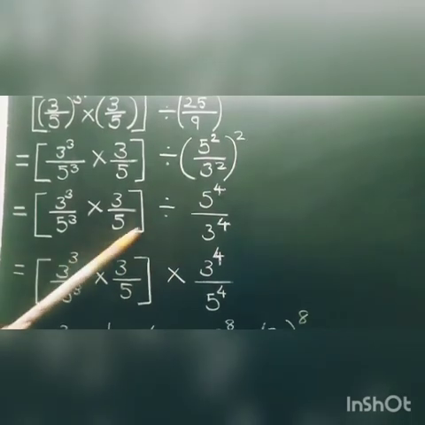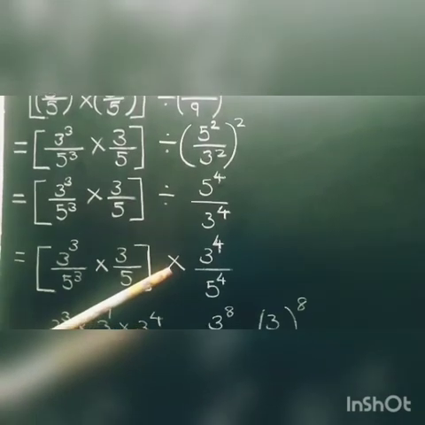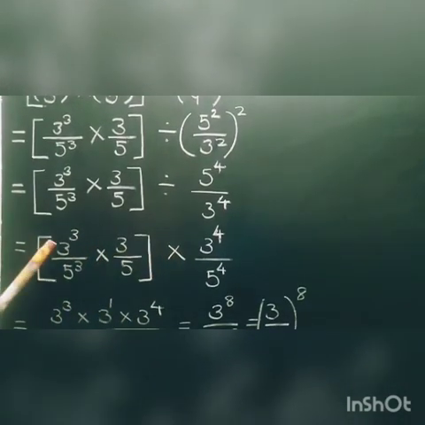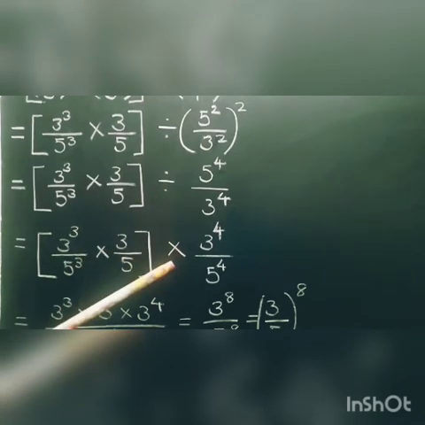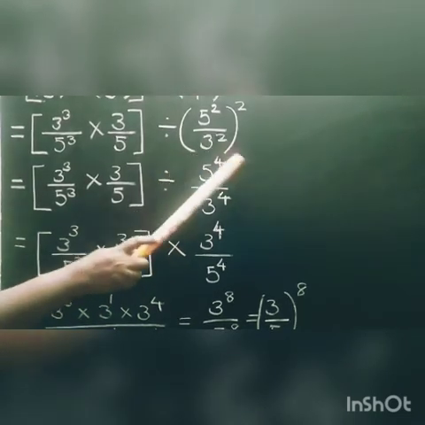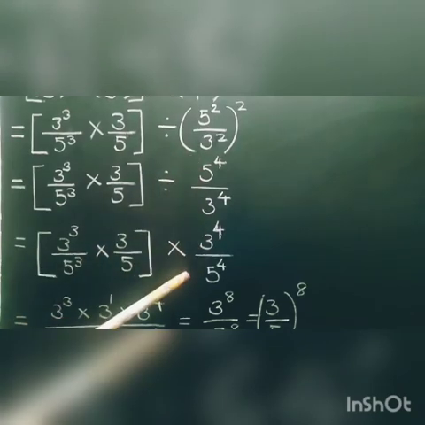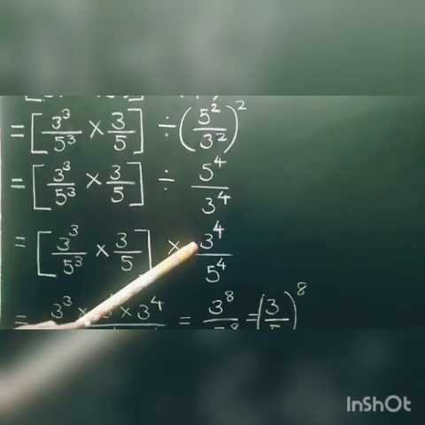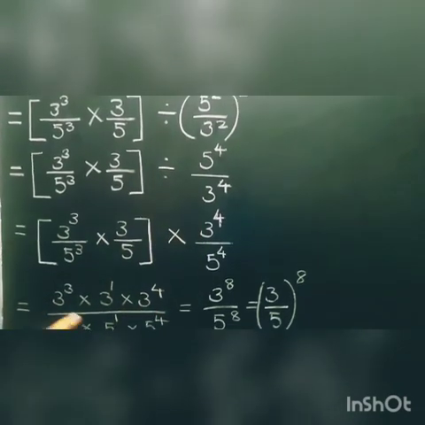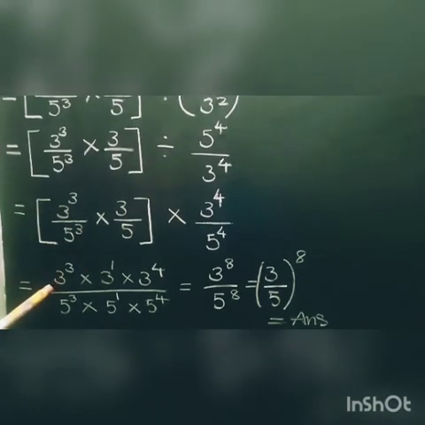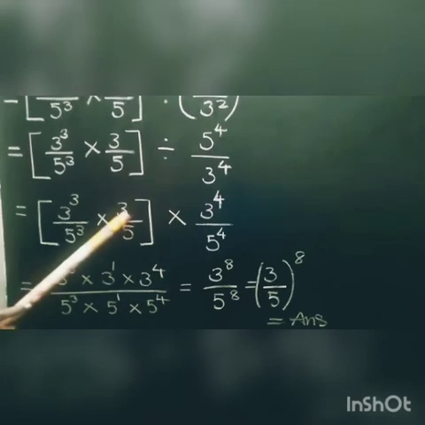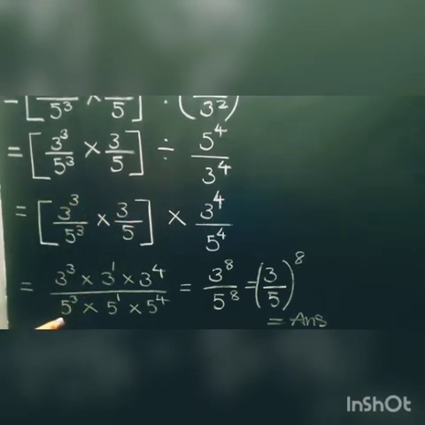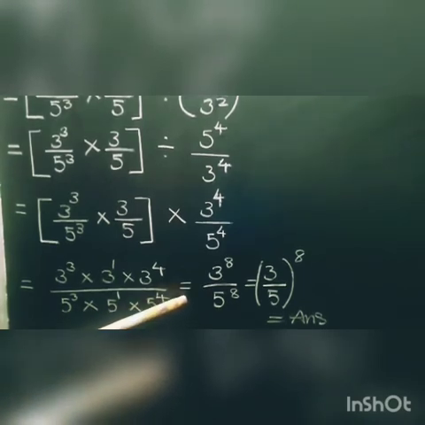And this step, the division will change into multiplication. So we have 3 cube by 5 cube into 3 by 5, into, division changes into multiplication and this number we should write as a reciprocal here. So 3 power 4 by 5 power 4. Now the numerator will become 3 cube into 3 power 1 into 3 power 4, and the denominator 5 cube into 5 power 1 into 5 power 4, which is equal to,